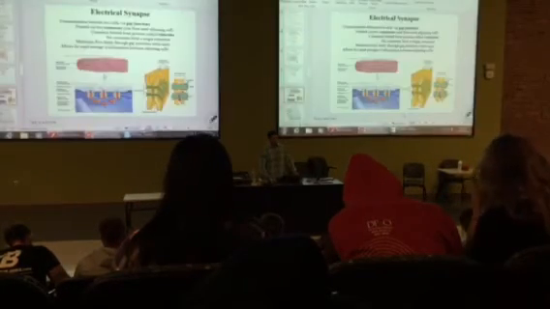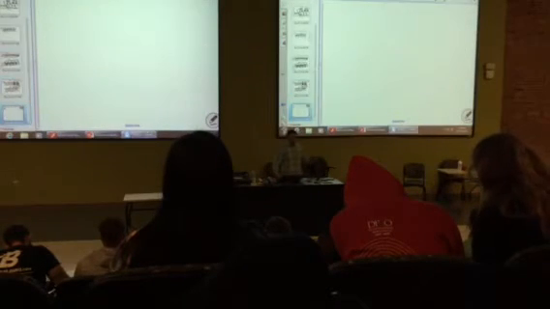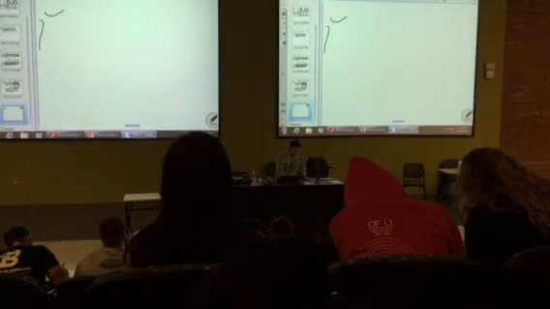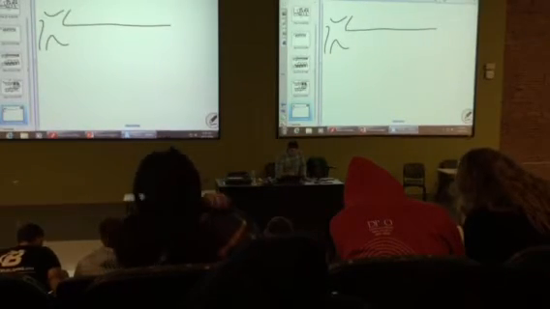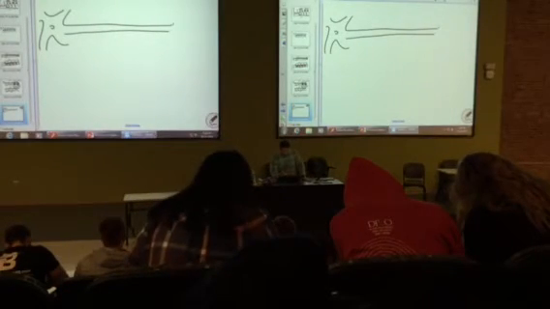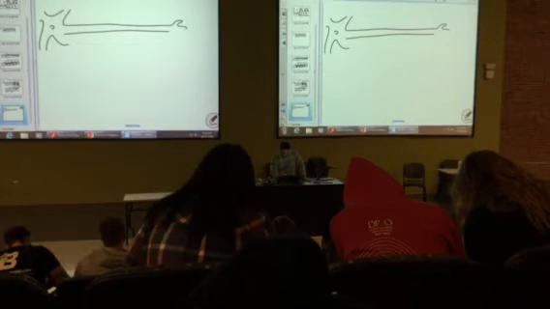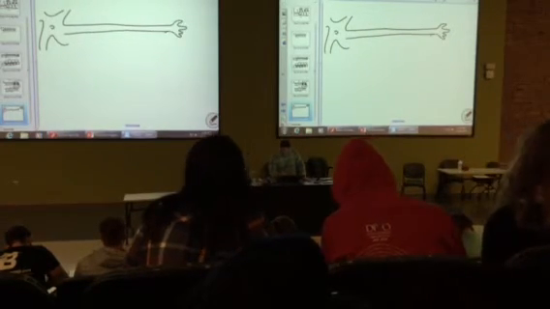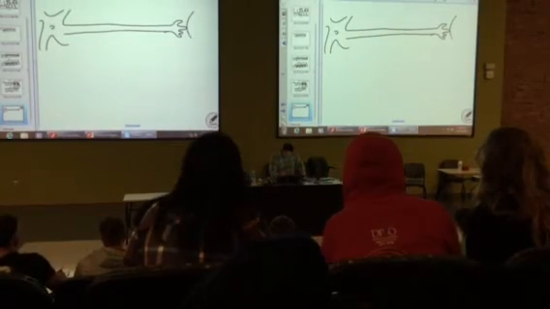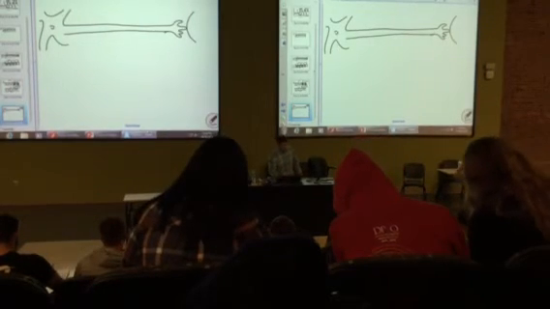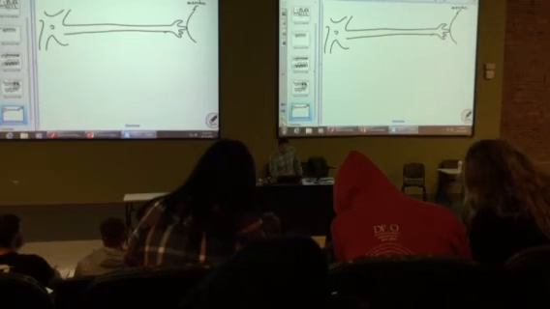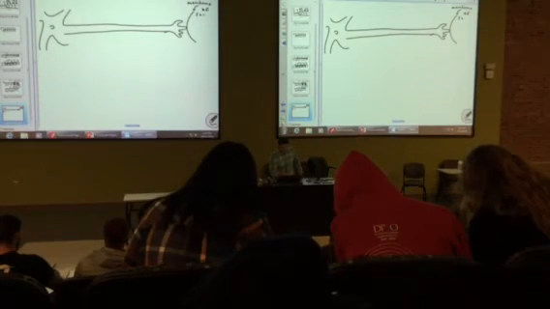Actually, we're going to draw it. And we'll just stick with the neuron, because that's the cell that we're familiar with in this particular chapter. So I'm going to draw a neuron and its axon. So we're just going to have an axon that's synapsing with another cell. All right, so I'm going to put our little presynaptic terminals here. I'll have that one out a little bit more than the others. And then I'm going to draw the membrane of another cell like that. All right? So that right there is the membrane of some other cell.